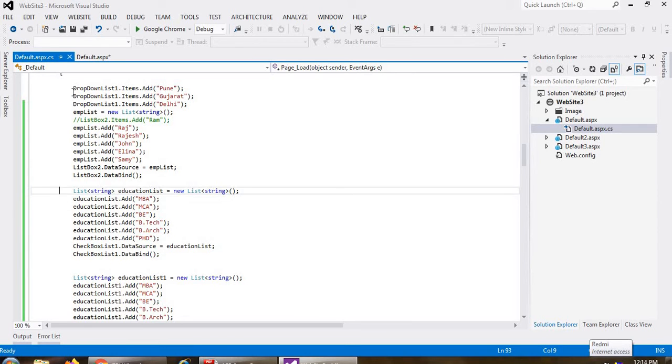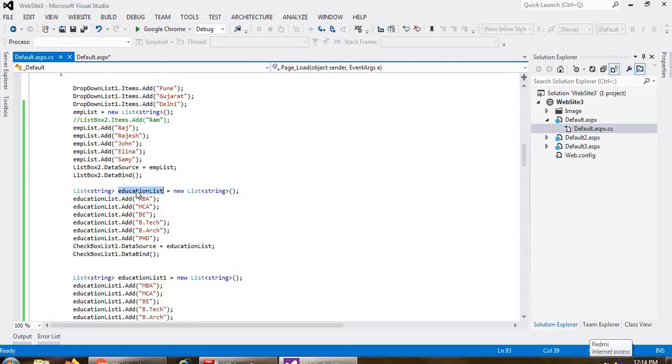The list is my collection, because why do we use the list? When I want to input only string values, then I can use the List as a collection, and inside the brackets I can pass whatever type of value I want to insert, right? So here I am using string.